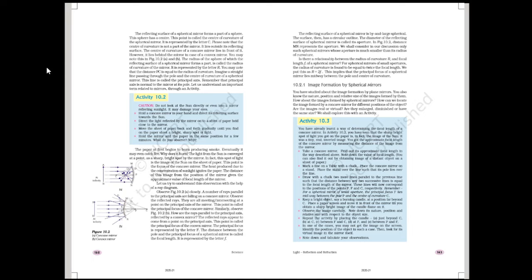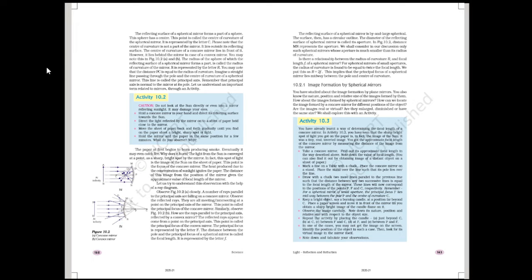Now we have Activity 10.2. It is based on the light from the sun, which is at infinity, and a concave mirror is taken and the light is focused by it. The next paragraph is all about the detailed discussion of Activity 10.2 and the answer to the last point in the activity. The last paragraph explains figure 10.2a